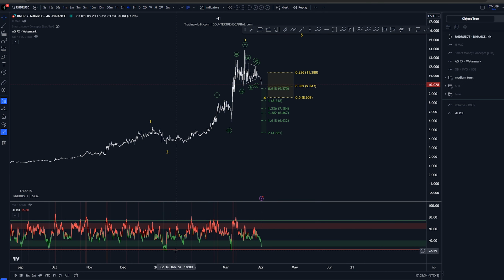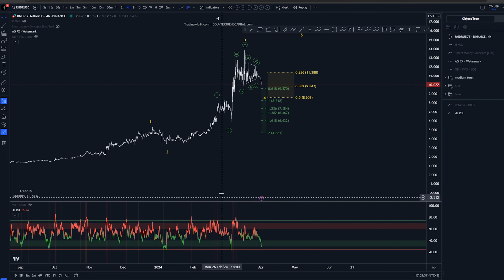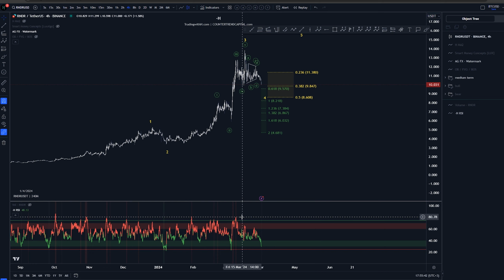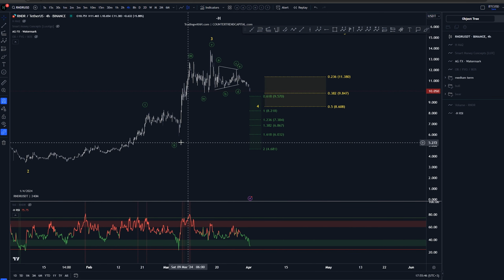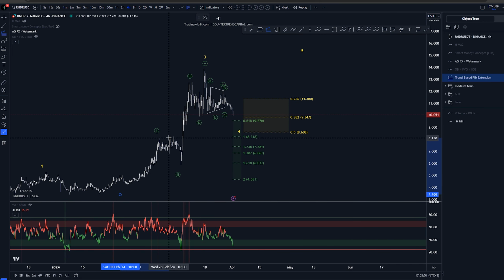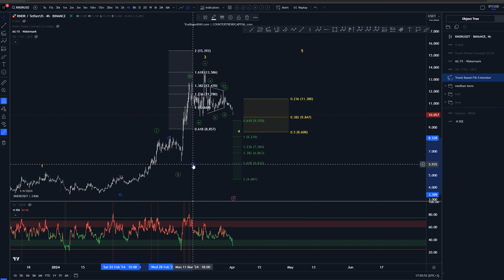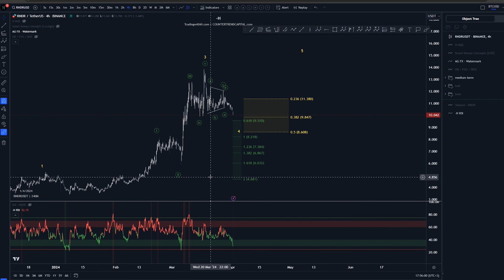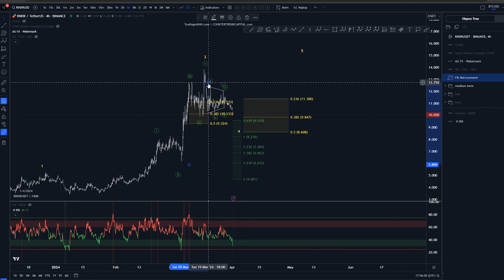We have not broken any of the highs or the lows here on RSI, and now we are getting some kind of correction. We created somewhat of a high here on this potential third wave. The only issue that I don't particularly like is the extensions. We did not get to the 1.618 here, which is something that we generally want to see for a more likely third wave. But again, this is still fine, nothing is broken, and the retracement here gets to 0.382, which is very common